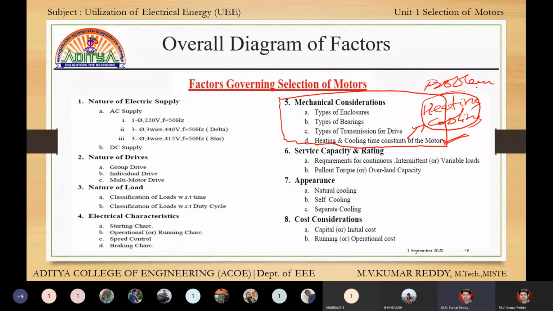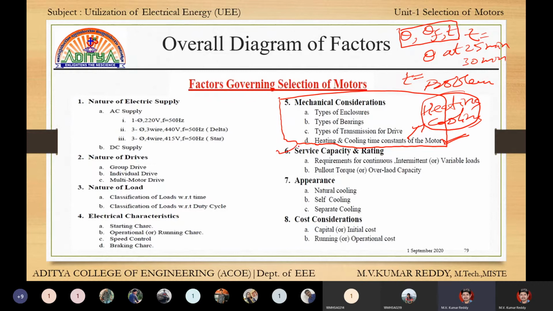Problems on it to find theta at 25 minutes, that is t is equal to 25 minutes, and t is equal to half hour. Half hour means 30 minutes, and you have to find a theta value. Next one is the theta f value, and we also have to find the t value. These are very important topics.